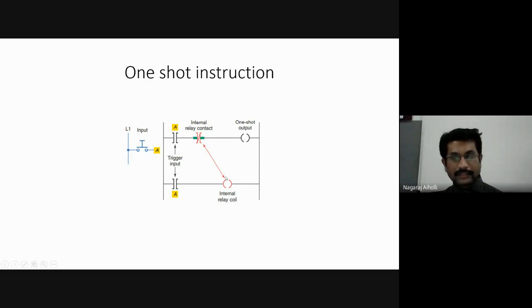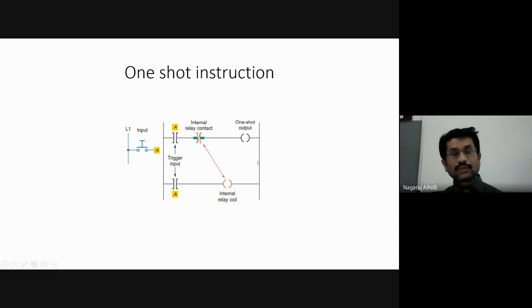This is energized. So when this is 1, what will happen here? This is energized when it is 0, but it is becoming 1. So this will become off now. This is false, right? When this is false, this rung becomes false, and now the one shot output will go from 1 to 0. It is de-energized. The relay coil is de-energized. The one shot output will go from high to low.